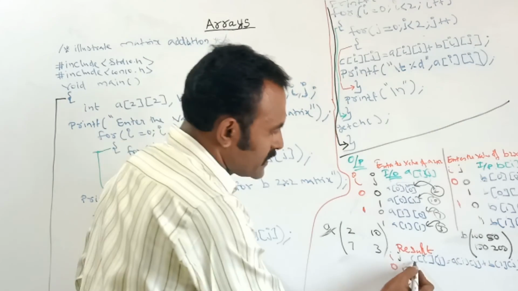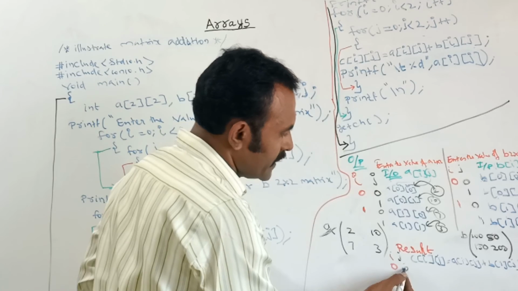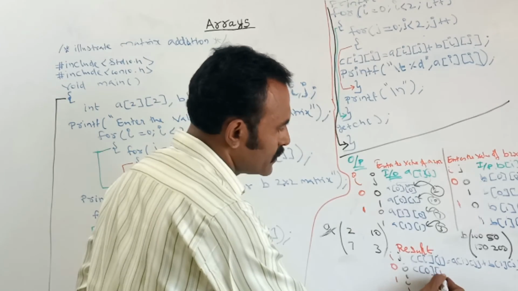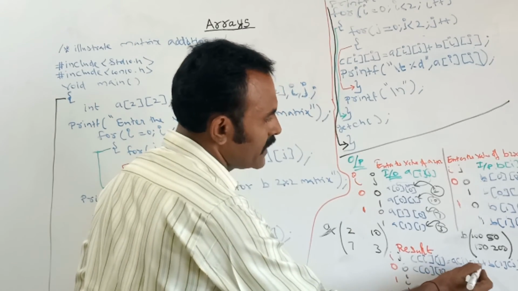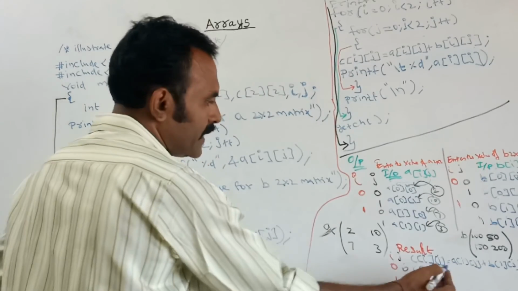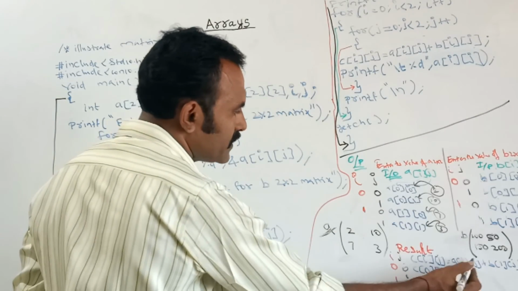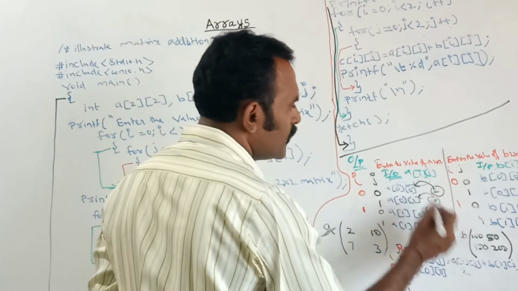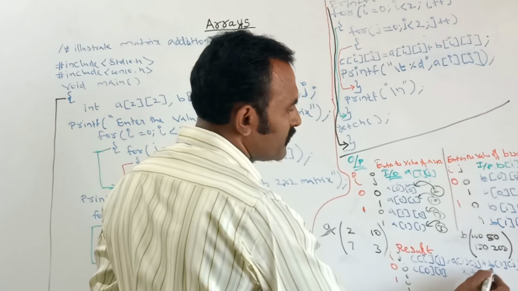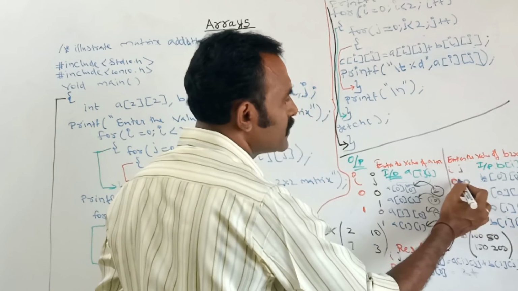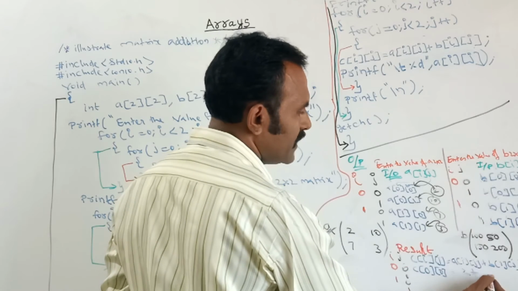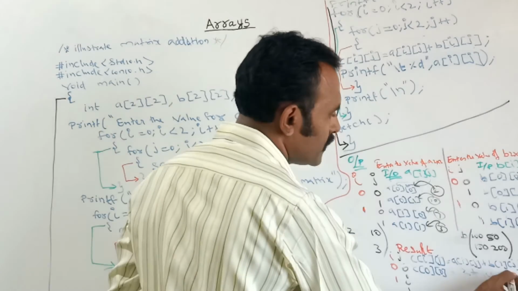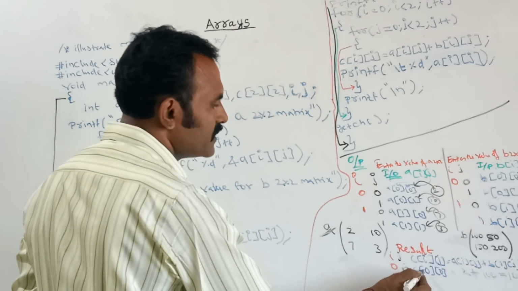So when i is equal to 0, j is equal to 0, c of 0th row and j value of 0 is equal to a of i j plus b of i comma j. Here a of i value is 0, j value also 0. A of 0 comma 0, what is the value? That is 2, plus b of 0 comma 0, the value is 100. So 100 plus 2, 102. This 102 will be stored in where? C of 0 comma 0.